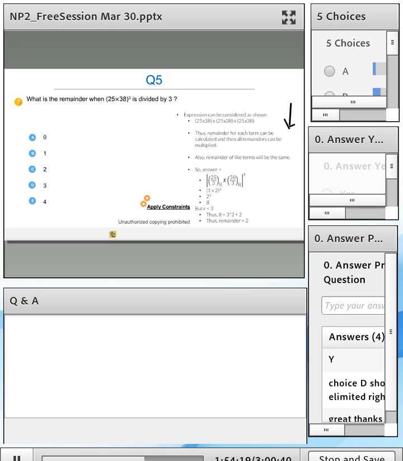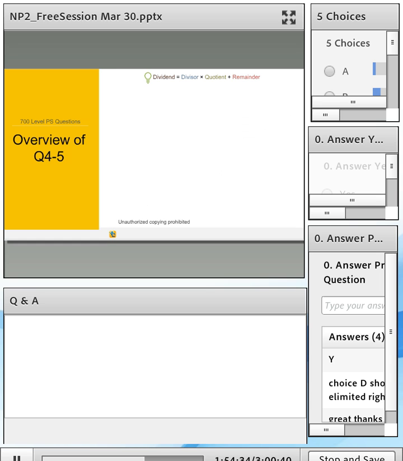Okay, you will be able to solve difficult questions with a lot more ease as compared to if you didn't have the right kind of conceptual knowledge, if you didn't have the right kind of approach. Okay, so with this we've come to the end of this section as well. Let's just do a quick overview.